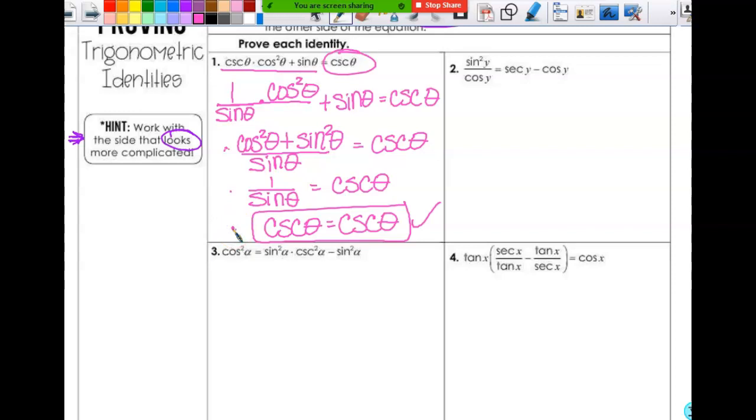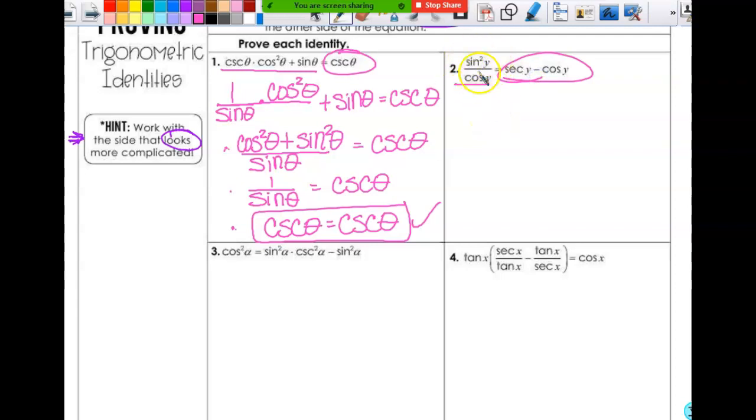All right. So let's look at number 2. If you look at number 2, we're trying to decide which one is more complicated. I mean, they both have two different little terms in them. But most of the time, you want to work with the fraction because it's usually easier to get stuff out of a fraction than it is to know what to do with the other side to get it into a fraction, okay? But again, not necessarily wrong, doesn't mean you couldn't get there. So we're going to work with the left-hand side, make it look like this side, okay? So that means that